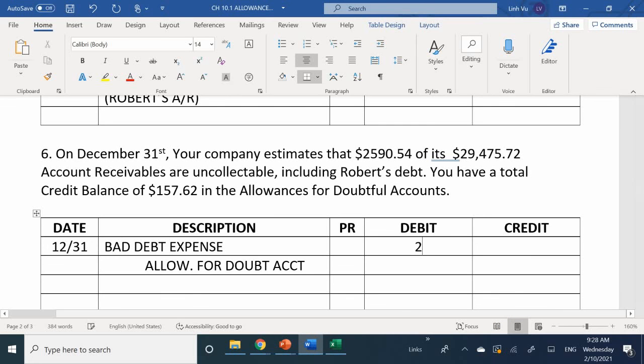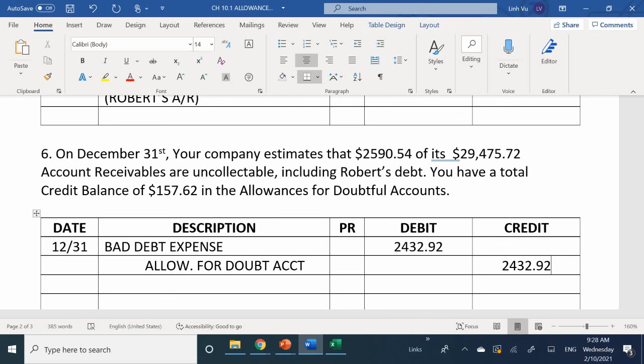2,432.92. Can anybody else confirm? Yeah, it's right. 2,432.92. All right, and that is how we deal with allowance for doubtful accounts during the year, and how it